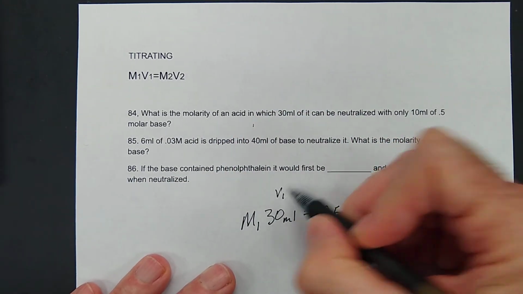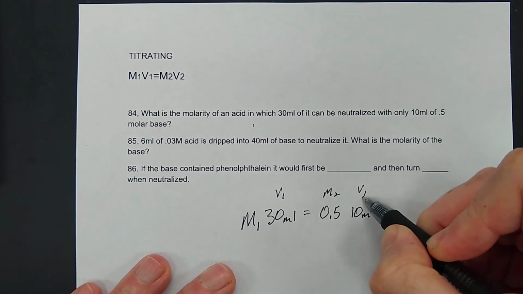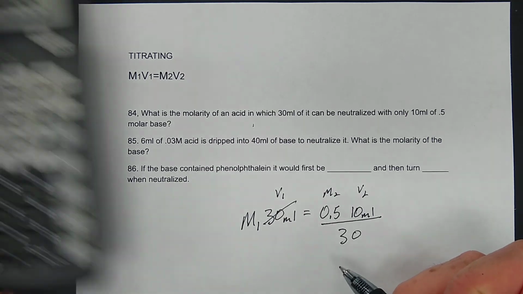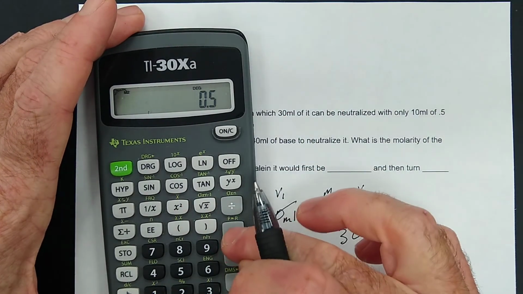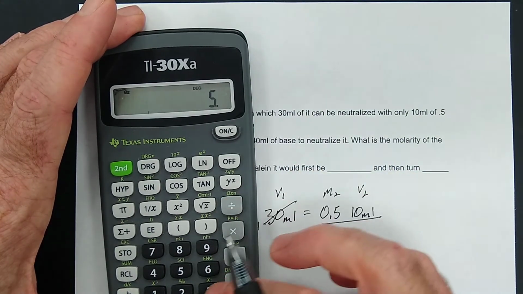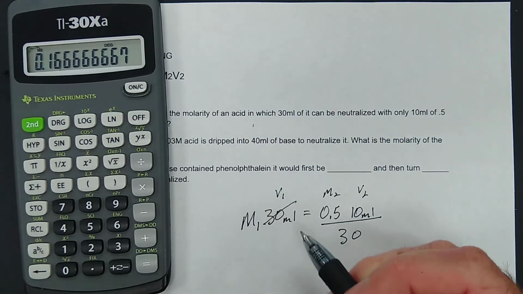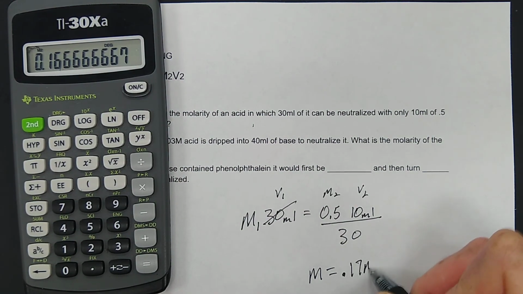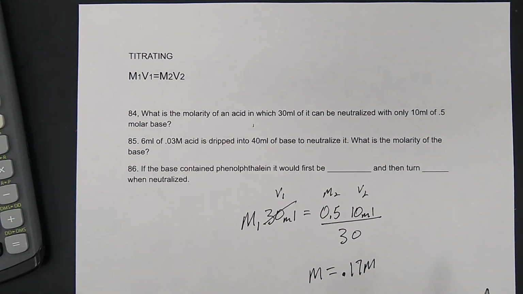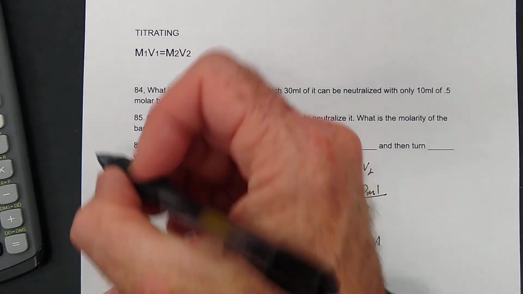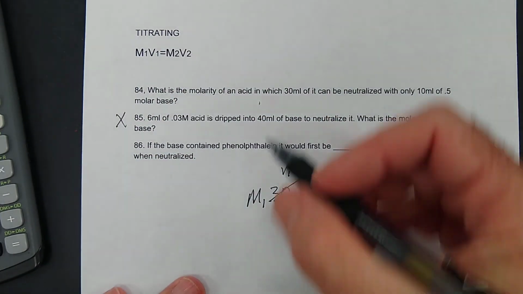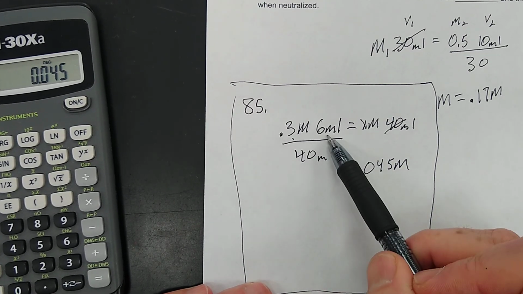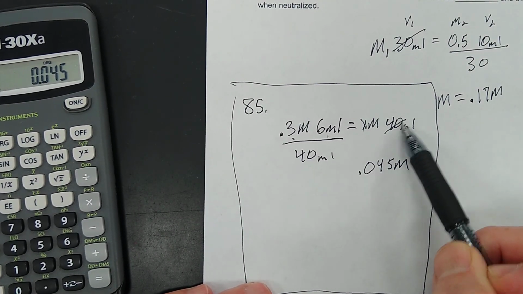So this is M1V1 equals M2V2, right? Solve for M1. So we have 0.5 times 10 divided by 30 equals. So the molarity is equal to 0.17 molar, okay? Now, I'm going to ask you to solve 85. M1V1 equals M2V2, go. And there's the answer, M1V1 equals M2V2. I had to put the 40 down here, got